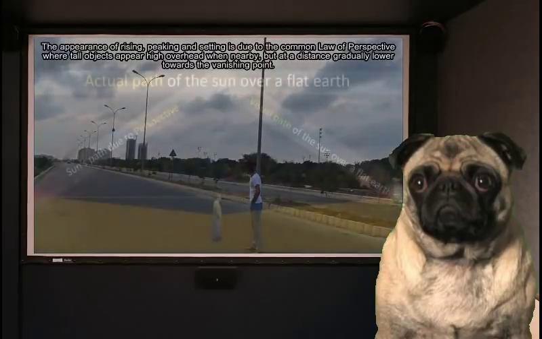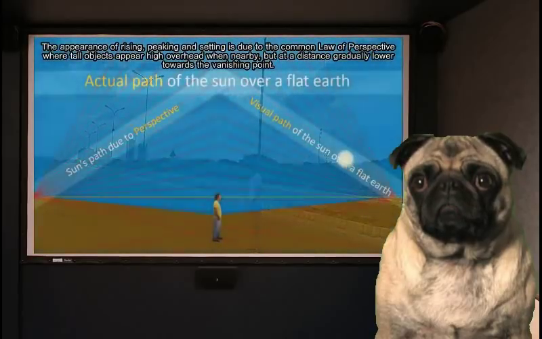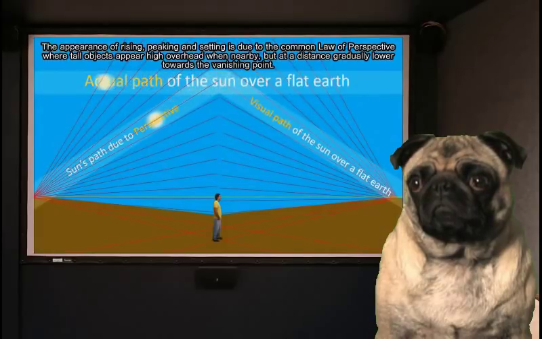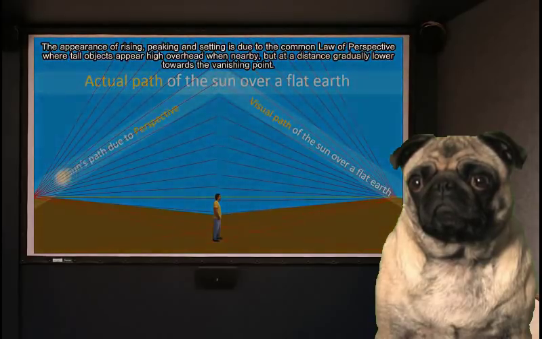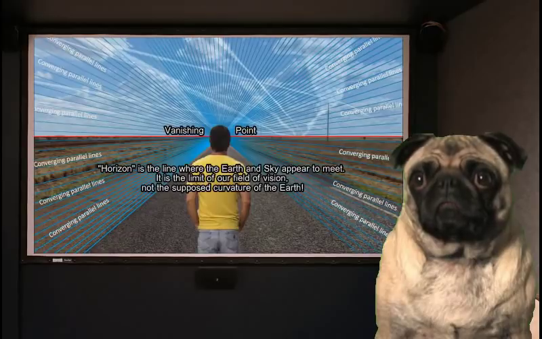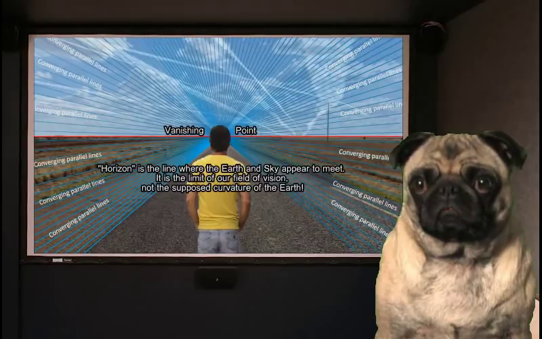Samuel Rowbotham said, although the sun is at all times above and parallel to the Earth's surface, he appears to ascend the firmament from morning until noon, and to descend and sink below the horizon at evening. Heard that? Sink below the horizon? As we said before, if perspective was at the root of all this, the sun would appear to shrink to a point as it approached the vanishing point, then disappear, not sink below the horizon. Sorry, the sun is without gender.